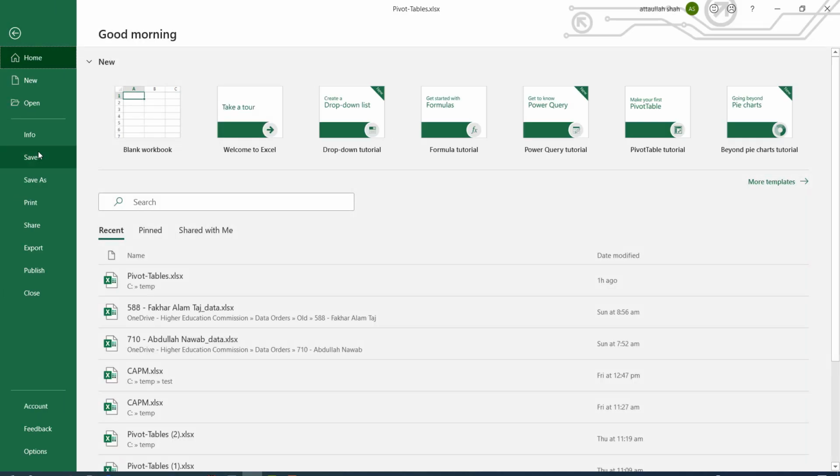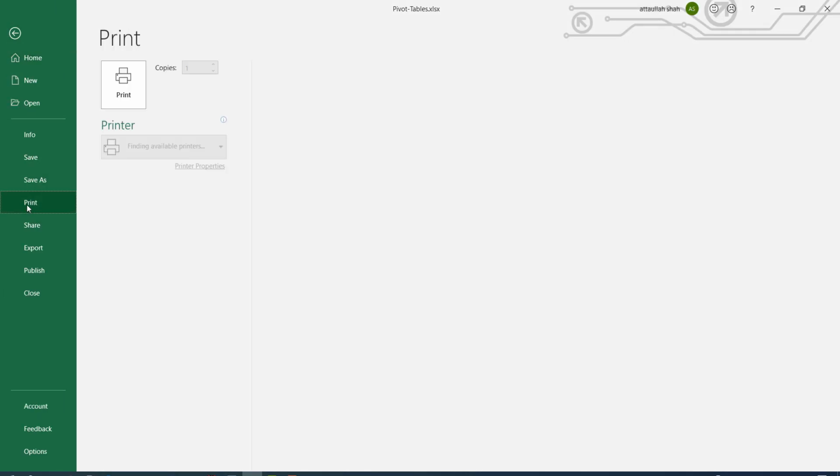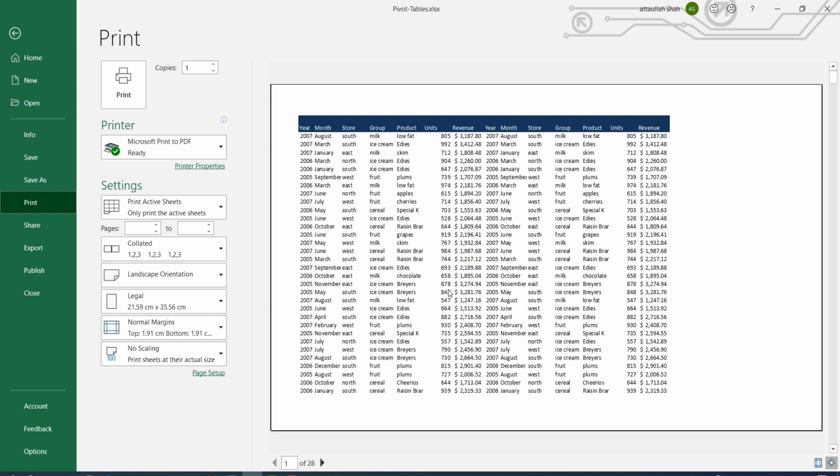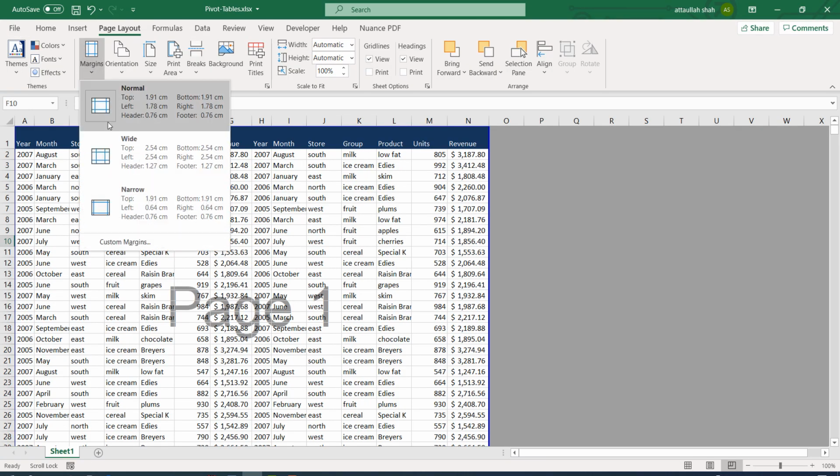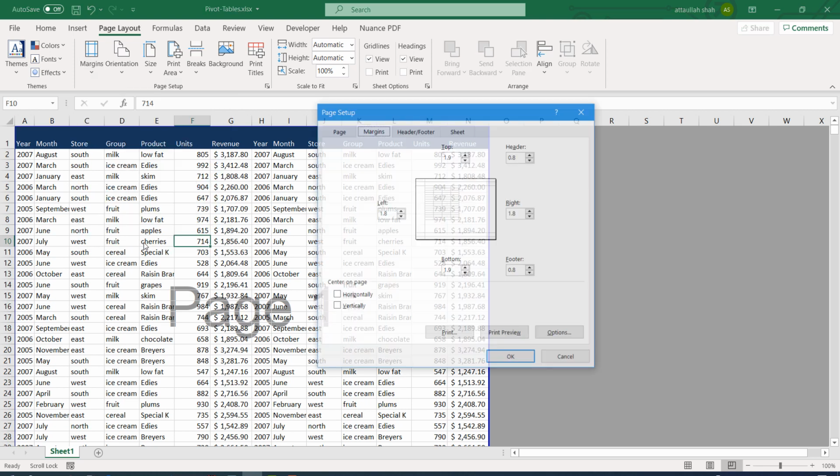Margins. If we go to the print, the white areas on both the left and the right of the document are called margins. Similarly, the white area at the top and at the bottom of the document are part of the margins. So we can also change the margins if the requirement is so. There are certain presets, for example wide, narrow, but we can go to custom margins.